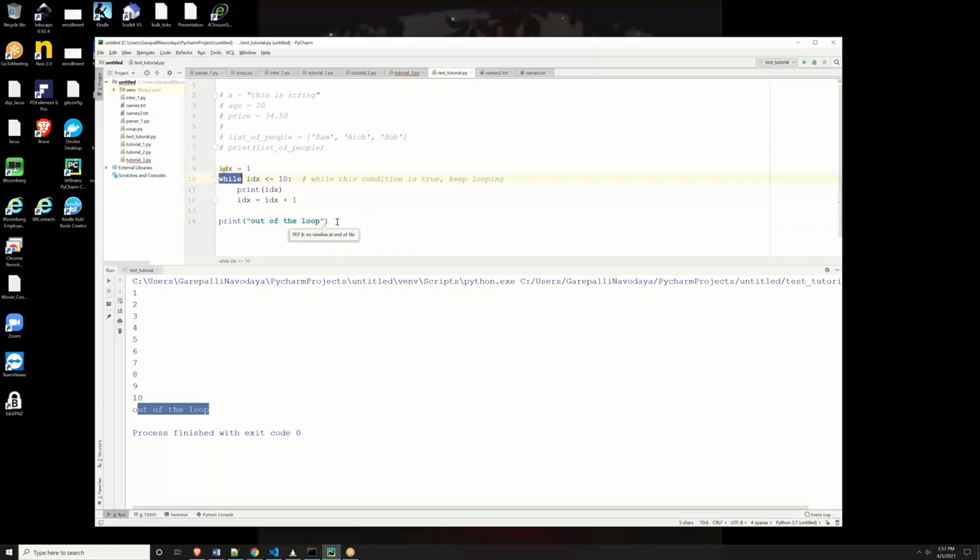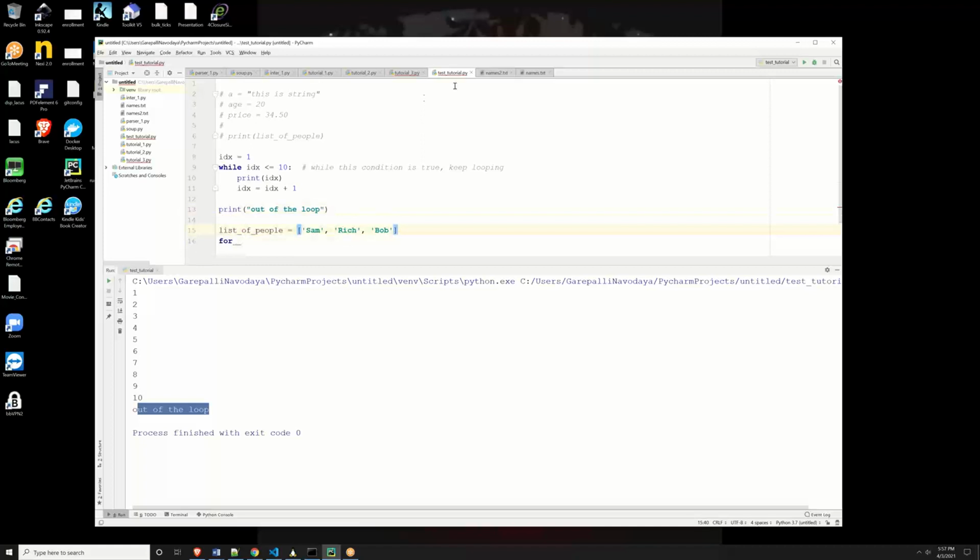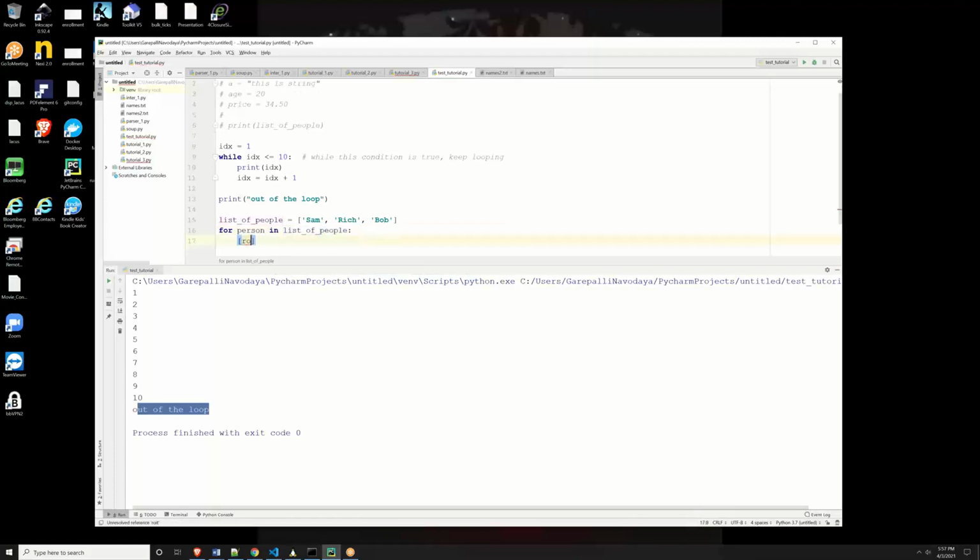Okay. There's another loop which is called a for loop. If you know the elements, then you're going to use the for loop. So I have here a list of people, all these people. I want to print each person. So I can say for person in list of people,